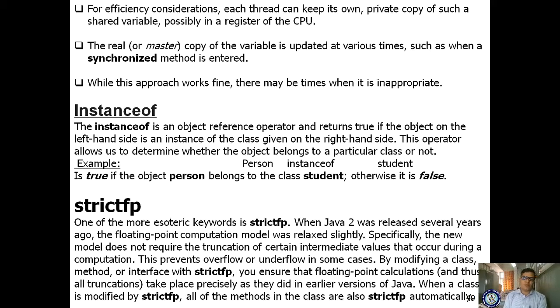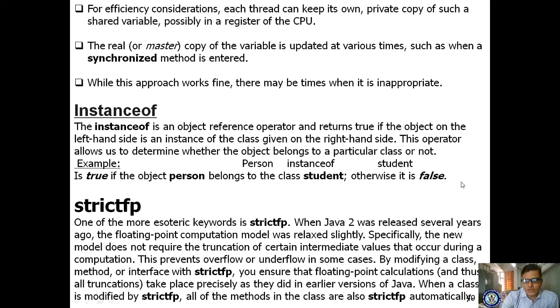For example, consider person instanceof student. It returns true if the person belongs to the class student, otherwise it returns false. Here student is the class. Let us assume you have defined a class student with public static void main and so on, and to access this student class you have created the object person: Student person = new Student().